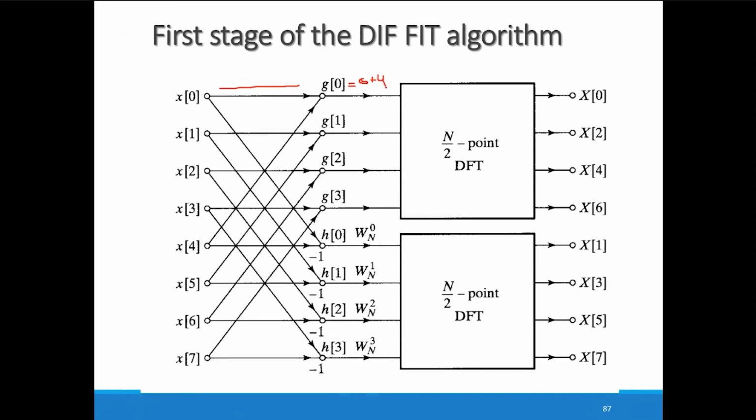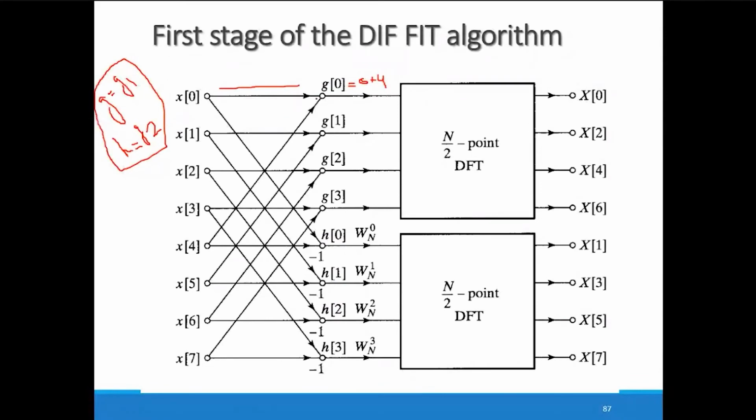Whatever g I have written over here, that g you have to understand as g1. Whatever in the previous equation we represented as g1, here these are g1, and whatever h I am writing in this diagram is nothing but g2. Only this much modification, because to make the diagram clear I have taken this. But here the g term we are using represents g1 from your previous equation, and the h term I am showing over here represents g2. So don't confuse between this. This is the only modification compared to your previous equations.